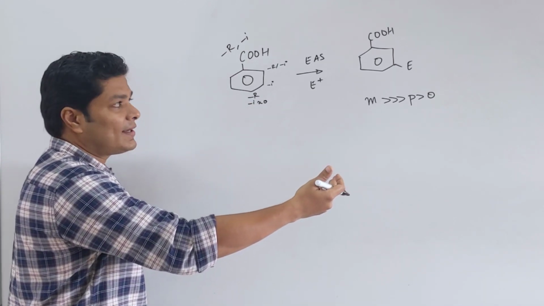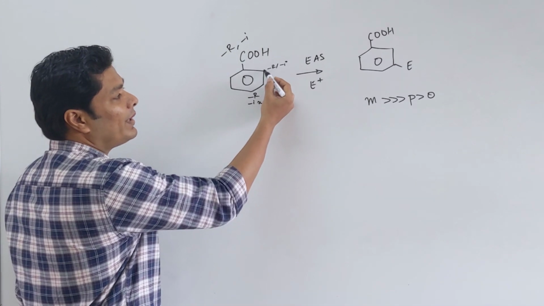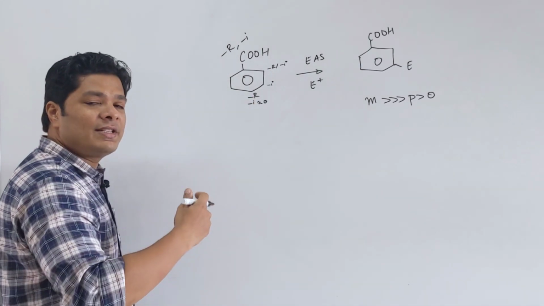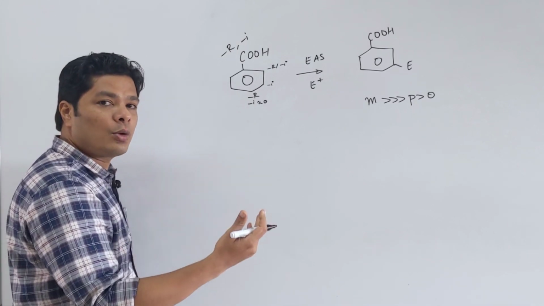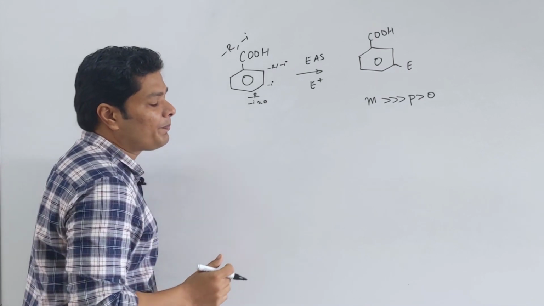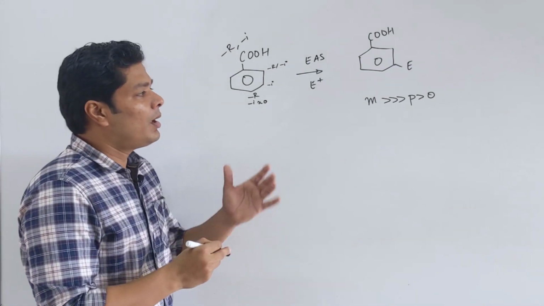Find the product you want to synthesize. What if I want to synthesize a compound where there is an ortho or para substituent to COOH? What all can we do? We will see in the A to B, B to C reactions. There are other ways to do it. I can convert it to an amide and do it. But you want to remember this order. These are the reactions of carboxylic acid.